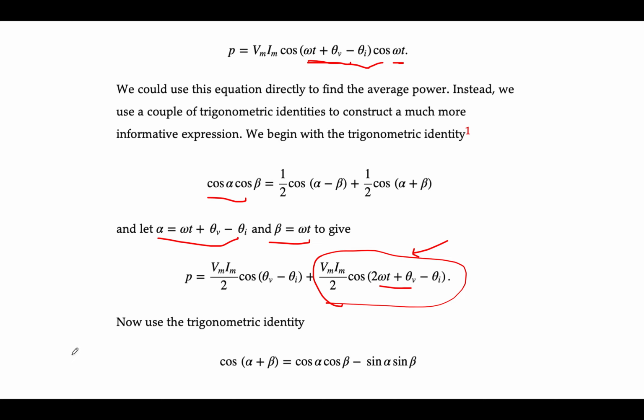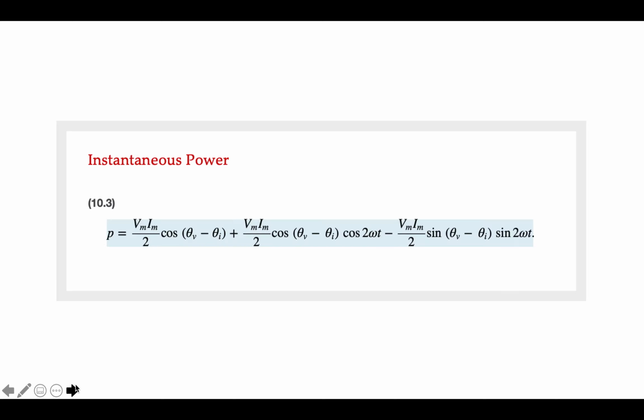So if we use that trig identity, then we end up with the following expression, which, as I said, initially looks more complicated, but actually is really convenient because each of these terms has some physical meaning that we can pull out. So notice first of all that the time term, the omega t term, first of all the frequency doubles. So in power,